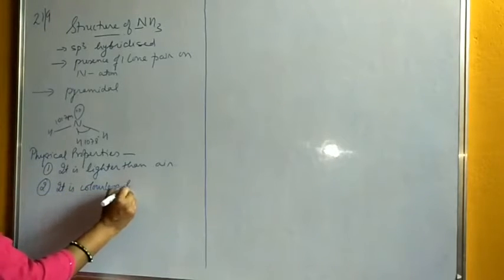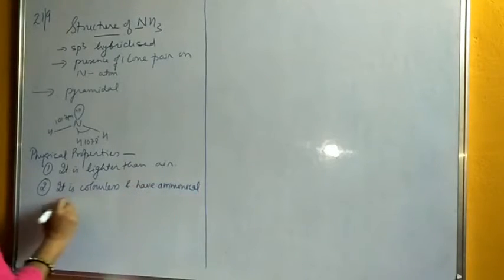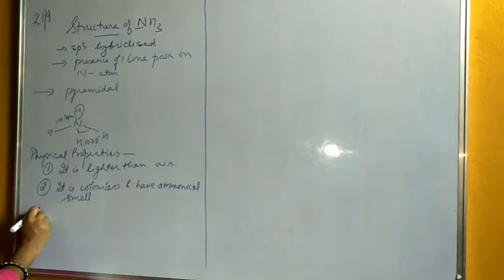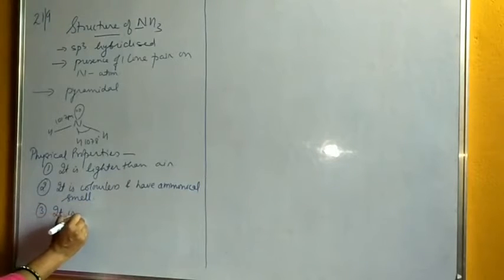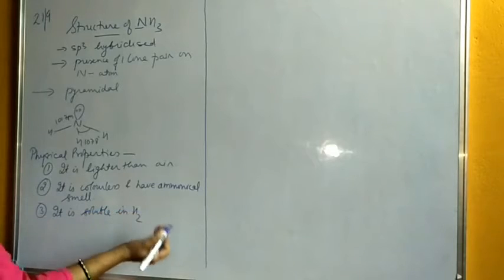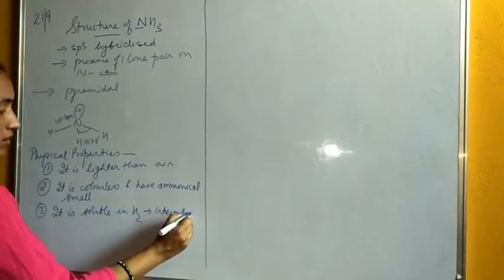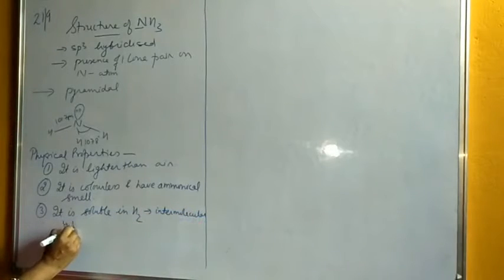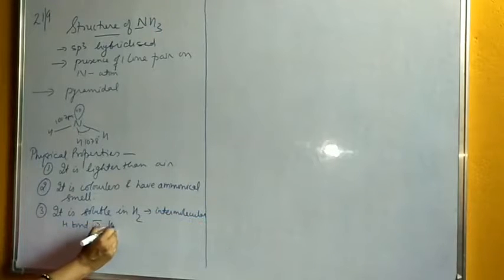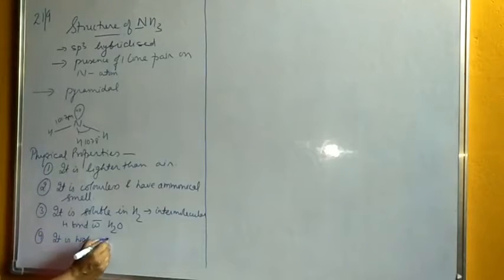Students, the third is that it is soluble in water, and you know that this is because of formation of intermolecular hydrogen bond with water. And fourth, it has high melting point and boiling point,